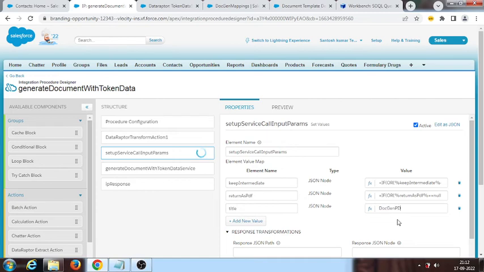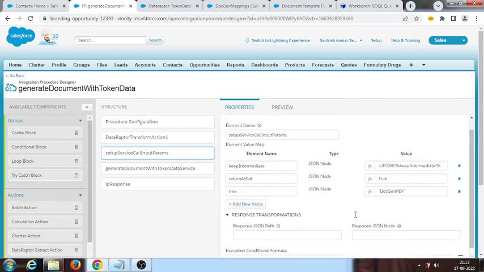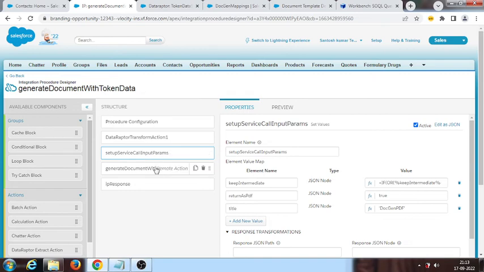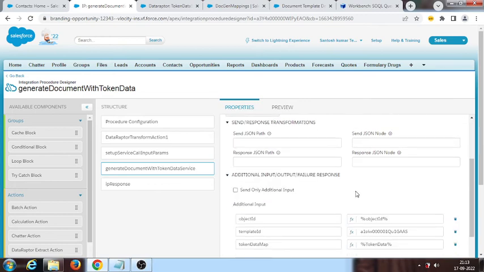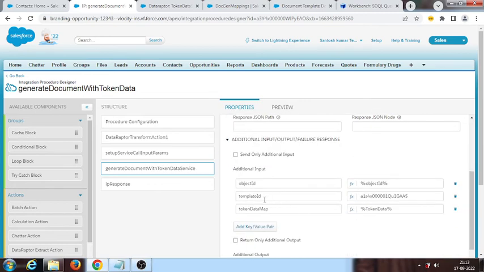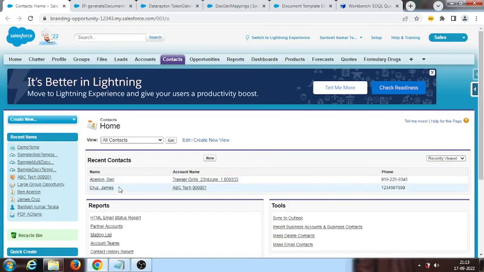DocGen PDF. Returned as PDF, because we need PDF. These are the elements we are passing, setting in the set values, and here we need to set title. It is coming from set values as we mentioned here, and the object ID we are going to give now. Template ID I have given, token data map is important, we have given that one. So I am choosing this